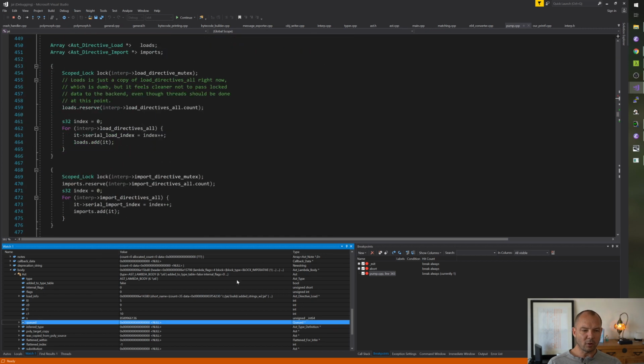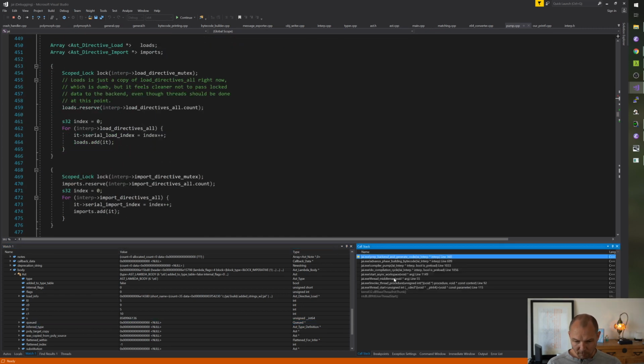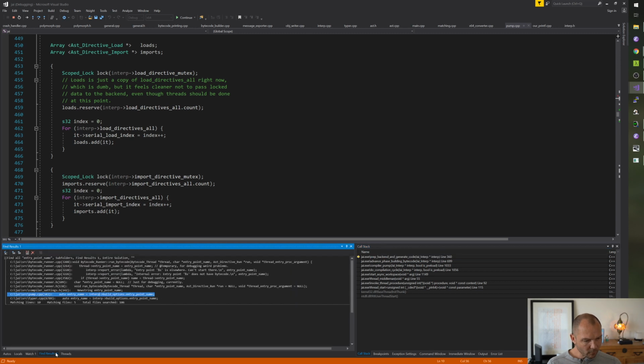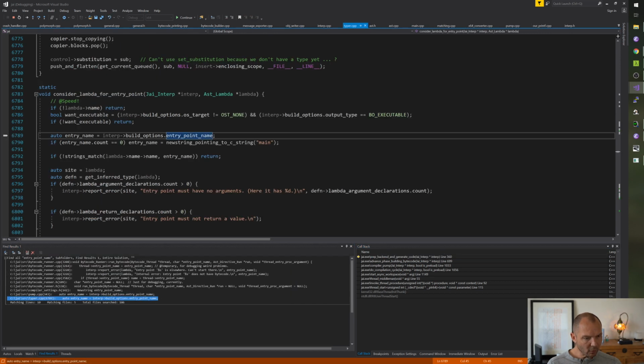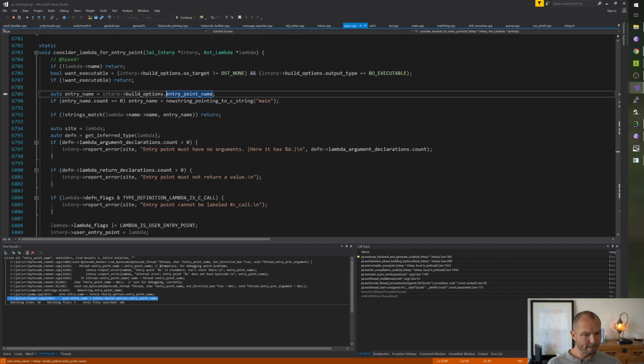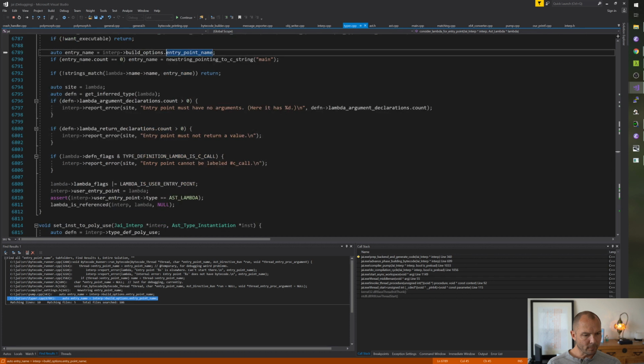So this is a dead code elimination style problem. So what's this? Consider lambda for entry point. Lambda is referenced as what makes the body do its thing.